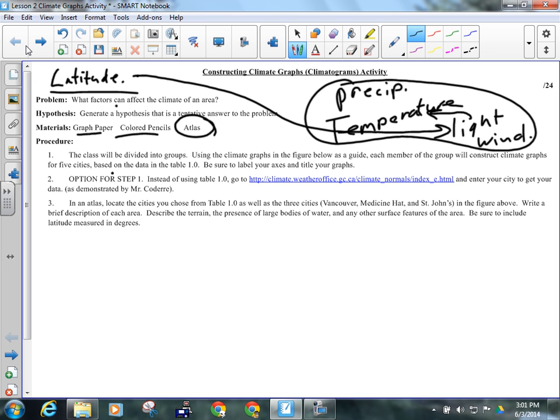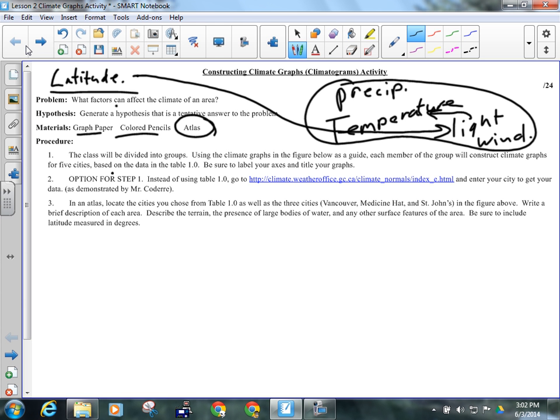If you get in a group of 2, well, then you've got a little bit more work to do, so you probably want to avoid that. You're going to break yourselves up into groups and draw climate graphs for the cities on that sheet. Again, you may want to look up that data on the internet, on that website I gave you, because that sheet is really hard to read,